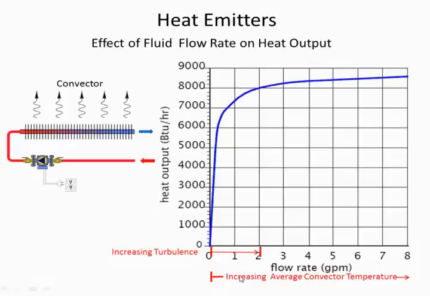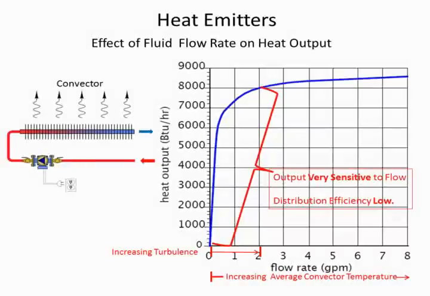Also, the effect of turbulence. You can see up until 2 GPM that the rate of change changes quite a bit, until after 2 GPM, then the slope changes very little. And the combined effect of these two phenomena generate this type of curve. Now, this part where we're not quite fully turbulent, where we're going from laminar turbulent to turbulent,